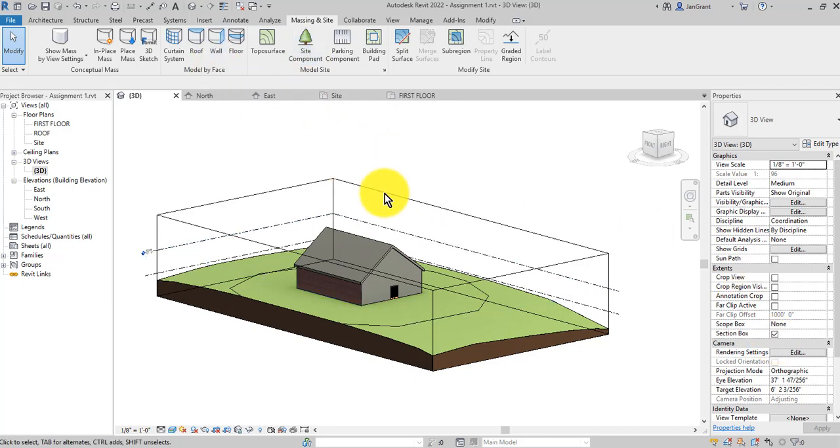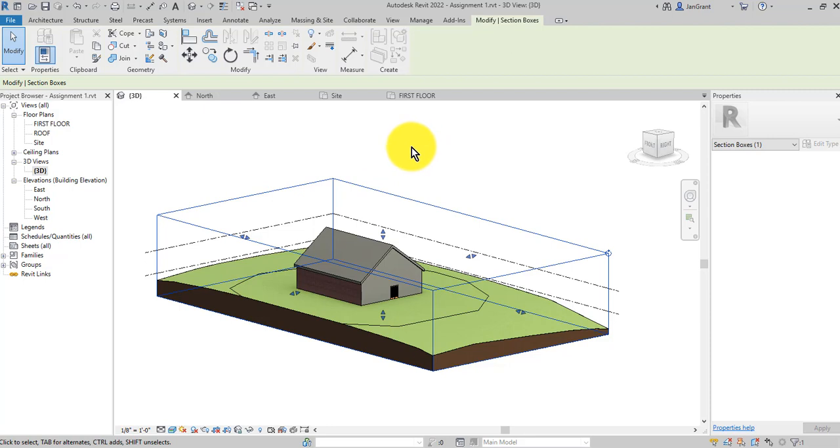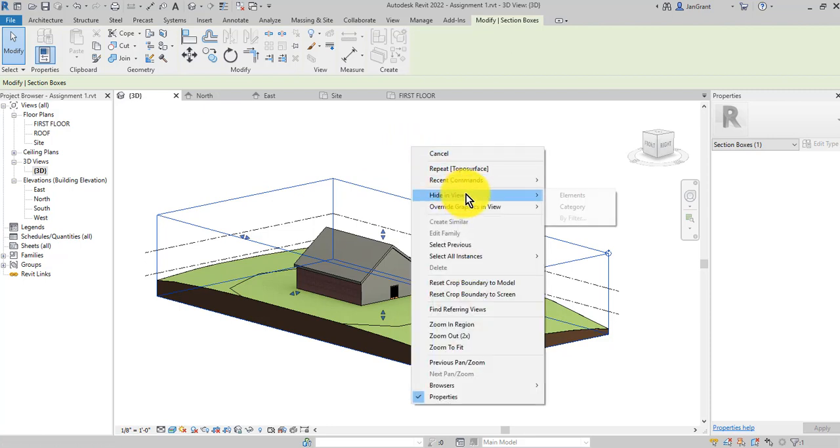And sometimes you have to be careful with these section boxes because if you build the height of this building up, the section box will cut it off, right? So you won't see it if you're building multiple floors. But in this example, we want to click on the section box once, right click and pick hide in view